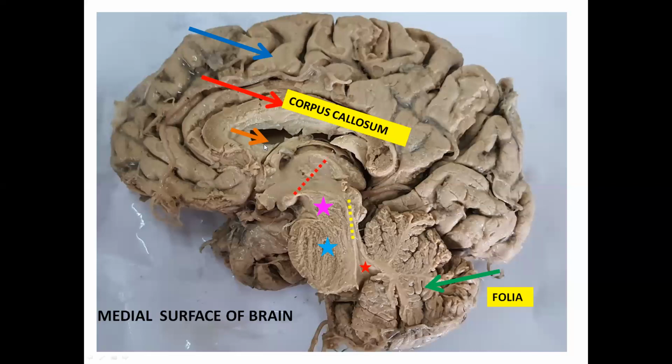But each lateral ventricle will communicate with the third ventricle through this opening here, exactly where my arrow is. That's the interventricular foramen of Monro. Okay. Each lateral ventricle communicates with the third ventricle through the interventricular foramen of Monro. The fornix that I told you here, it extends from the hippocampus. It's a bundle of nerve fibers, white matter, coming from the hippocampus to the mammillary body of hypothalamus.